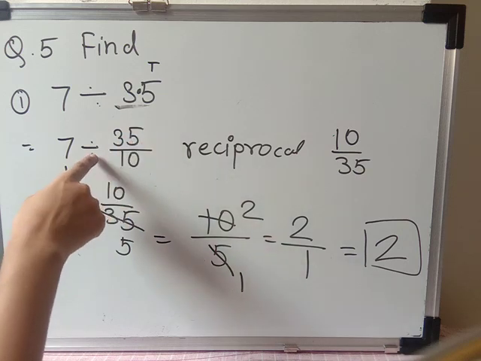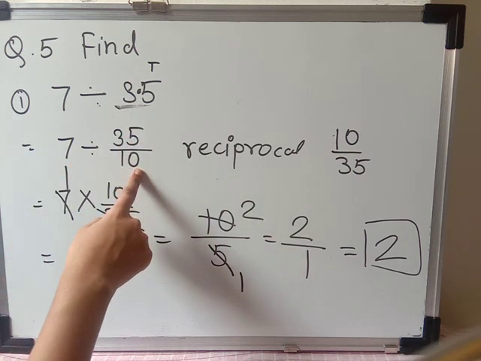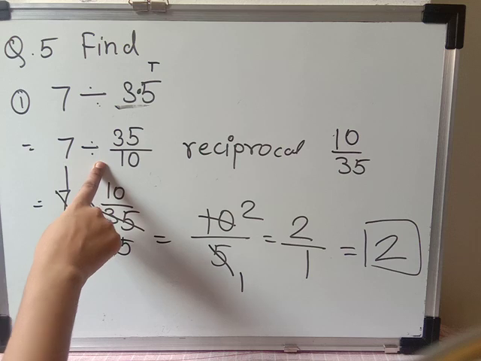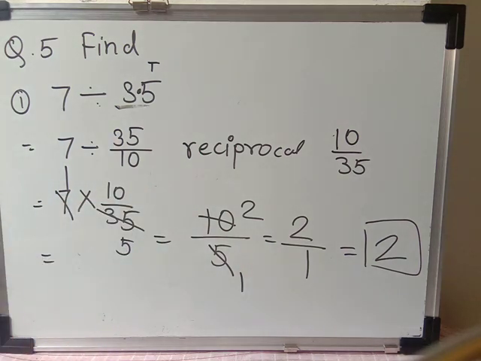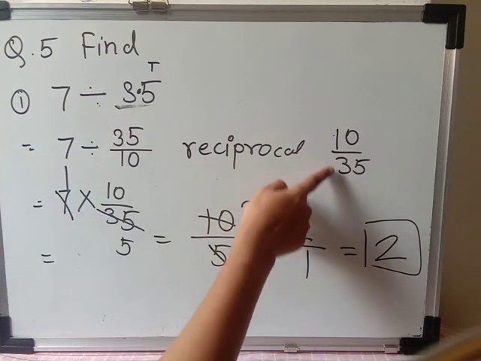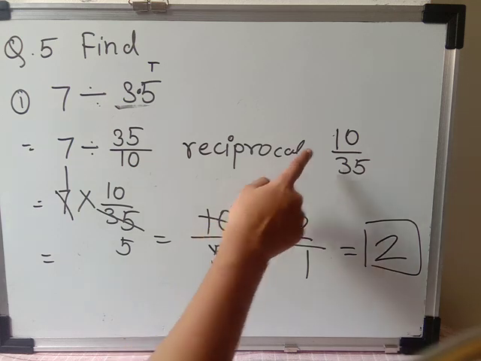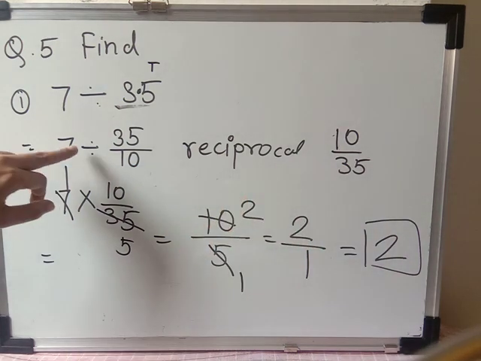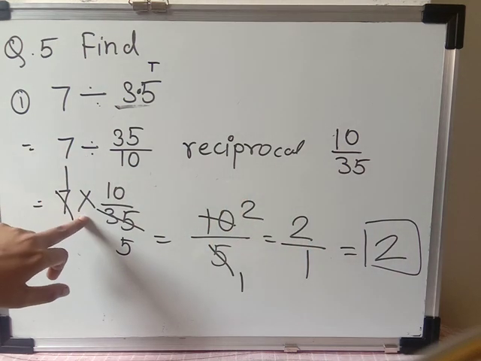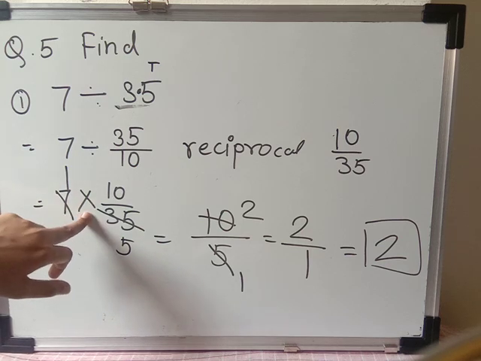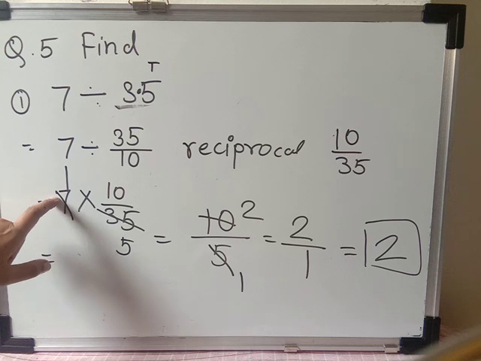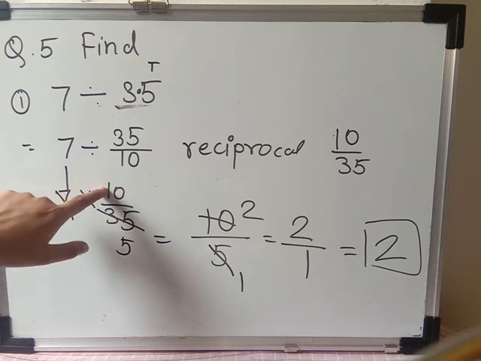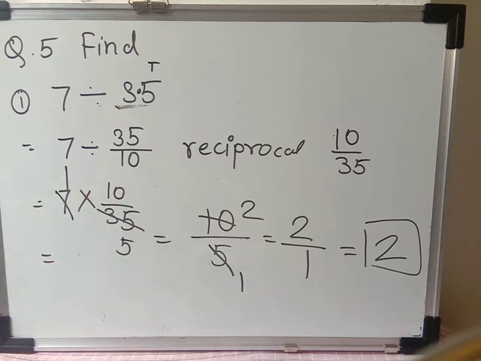After that we have learned that whatever the numbers are there on the right side of the division sign, we have to take the reciprocal. Reciprocal मतलब क्या होता है कि जो denominator है वो numerator बन जाता है और numerator denominator बन जाता है. So here we have done the same way. Okay, now whenever you are taking the reciprocal, the division sign will be replaced by the multiplication sign. So इससे हमने multiplication लिया. Okay, before doing the multiplication, just see क्या whole number का numerator और denominator divide हो रहे हैं.